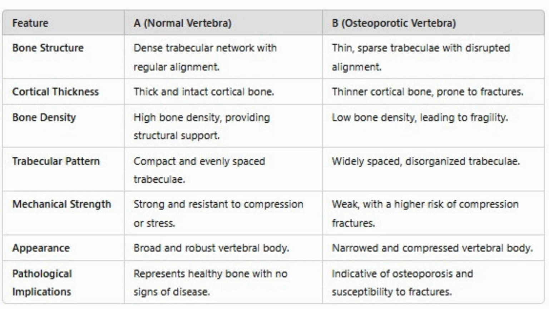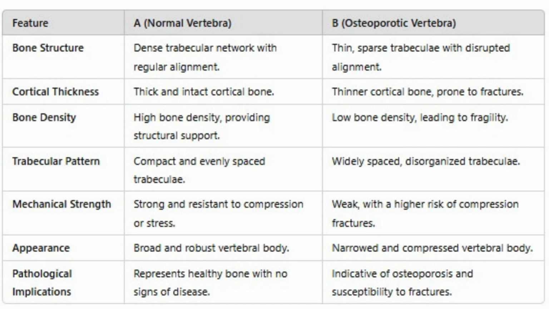Bone structure: dense trabecular framework network with regular alignment in case of normal vertebrae, thin sparse trabeculae with disrupted alignment. Cortical thickness is thick and intact, versus thinning cortical bone. Bone density: high bone density in normal, and in osteoporosis, low bone density. Trabecular pattern is compact, whereas they are widely spaced in osteoporosis. Mechanical strength,